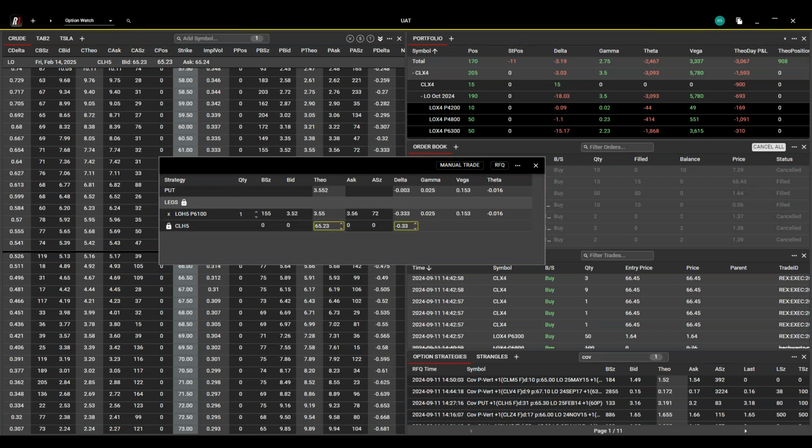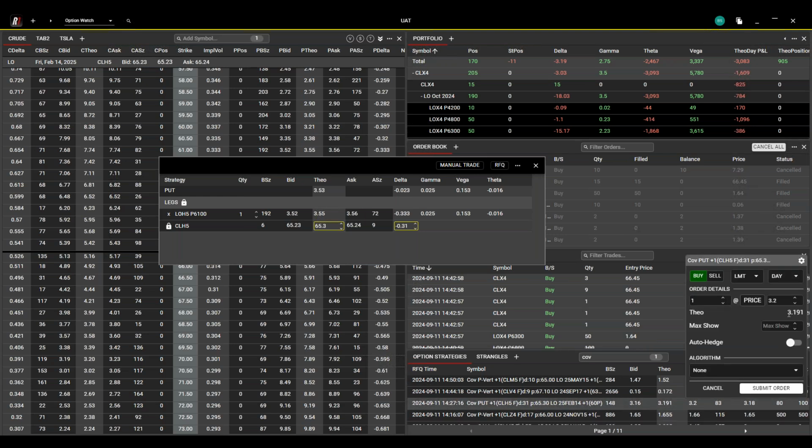I'm going to cover it, and simply to match what's in the market, I'm going to specify the same details that are in the market. So this is tied to 65.30 with a 31 delta. So I can adjust this to 65.30 with a 31 delta. Negative delta. And I can either RFQ that spread, or I can execute it straight from here, from the option strategies component. But to give you an idea of what that looks like when we do execute a covered spread,